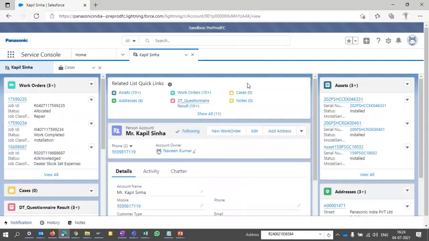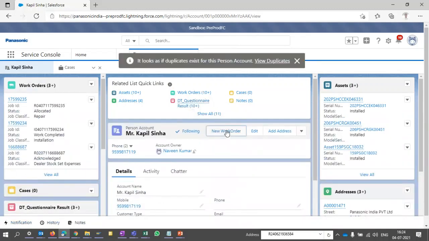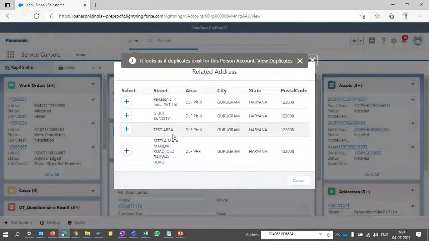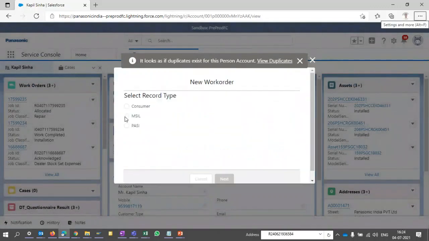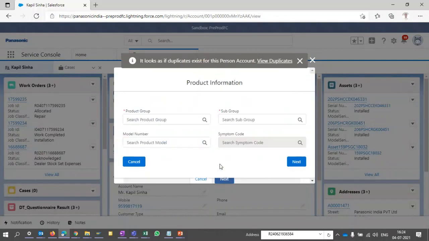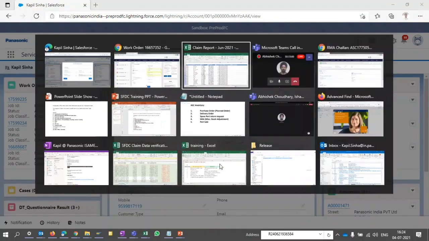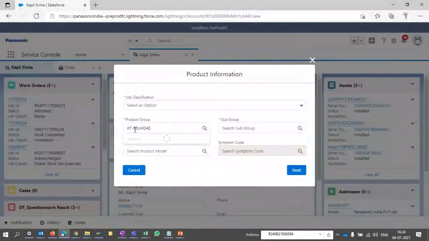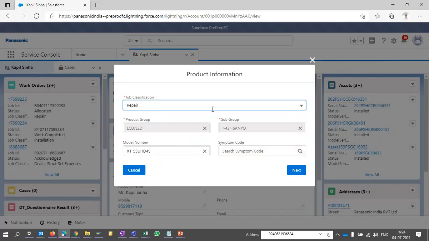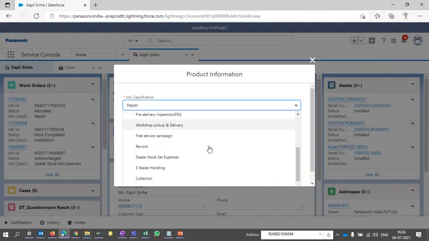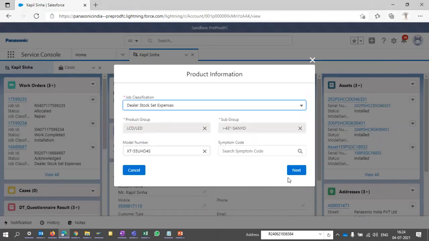Okay, I have gone to the customer account, just create a new work order. So consumer, next, model number. Let me give the stock. Next.